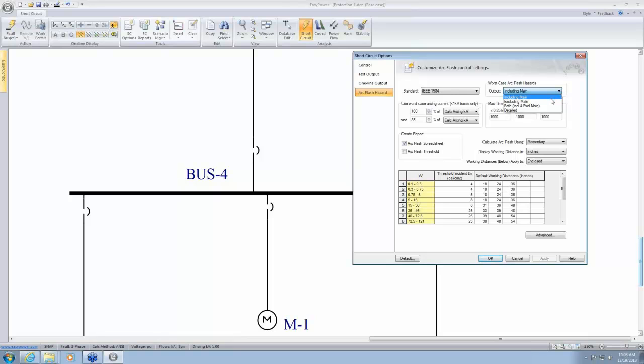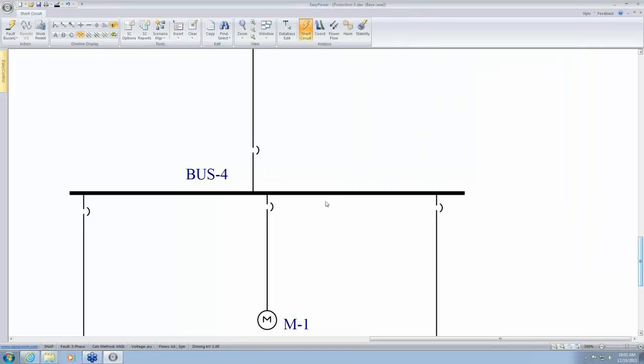So I'm going to define what these different options mean. Right now we have the choice including main. So including main means the program is going to assume when you fault this bus, okay, let's say I faulted this bus, the program assumes that this circuit breaker will trip and interrupt the fault. So this analysis is applicable not for the incoming line on the main breaker. It is only for load side arc flash, and therefore